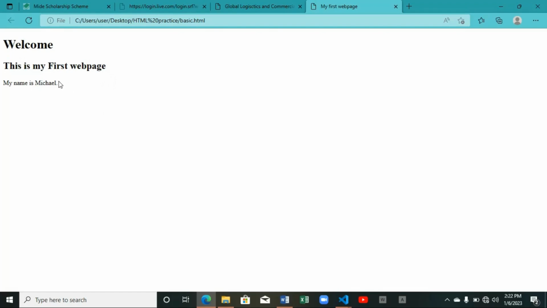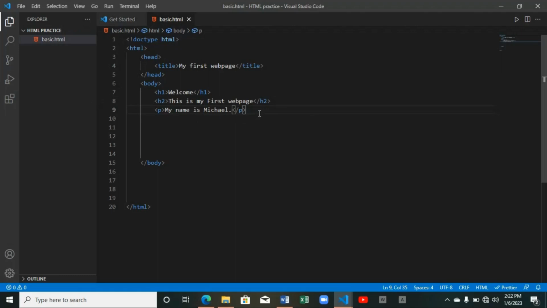Then you can see this is the paragraph tag, which is basically used for writing your normal text. Alright, your normal paragraphic text. My name is Michael. Now let's assume I want to write another line of paragraph. I will just simply go to the next line and open another paragraph tag and just write, I am a programmer. Alright, so you could have as many paragraph tags as you want, or header tags, depending on what you